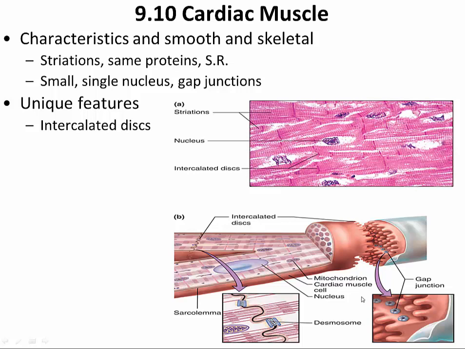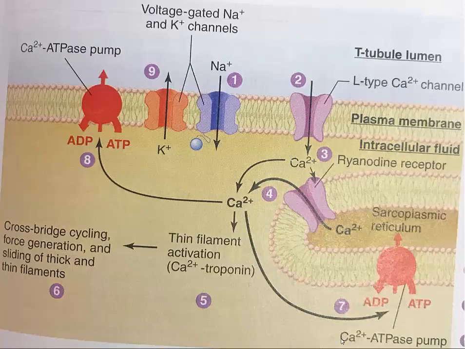And so the gap junctions, of course, provide this connection between adjacent cardiac muscle cells, creating what we refer to as a syncytium, or this collection of cells that works as a single unit in the top half of the heart in the region of the atria and the bottom half of the heart in the region of the ventricles. We are going to begin our discussion of contraction in cardiac muscle cells by looking at figure 9-40 in